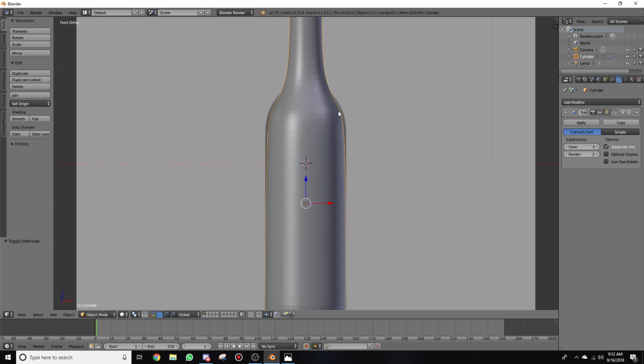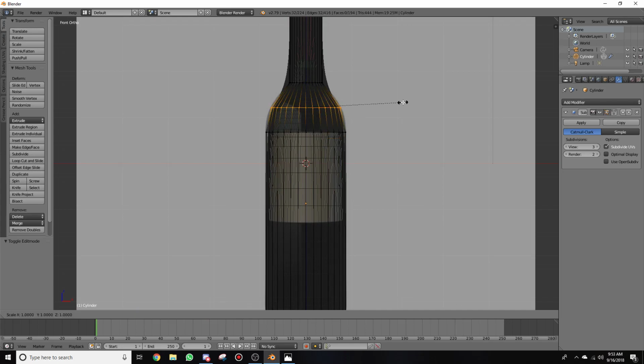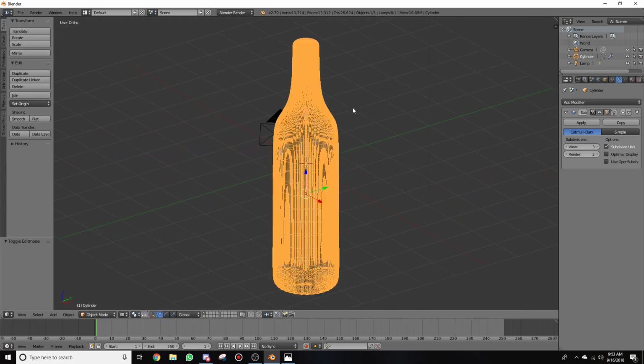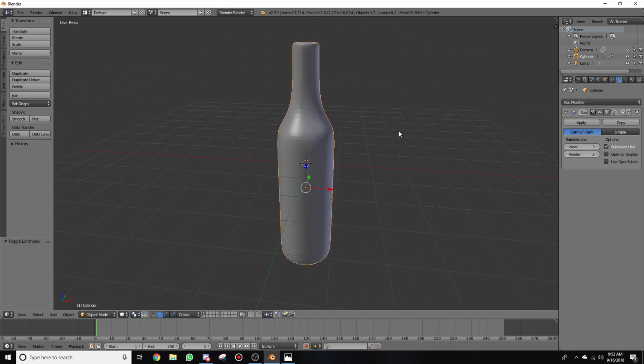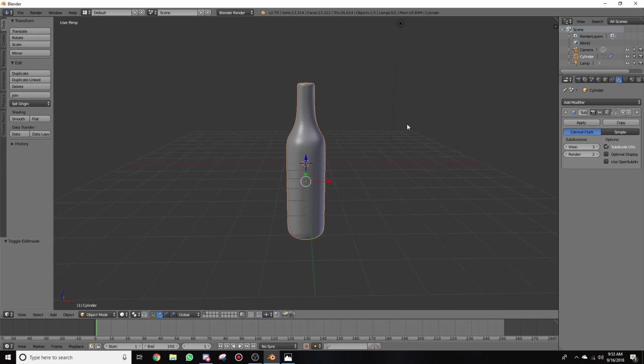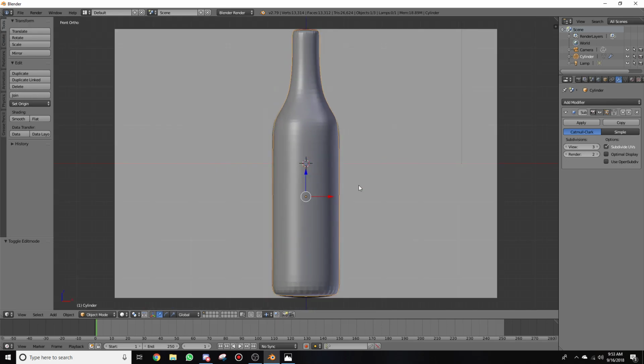Now, it might be a little off. I could widen the, I guess you could call them shoulders, I don't really know. There we go. Scale that, and then see if it looks more like a wine bottle. Yeah, that's about right. So click 5 on the numpad to exit that view mode. Actually, no, my bad. You're going to want to go back, zoom in a little, click Shift A,